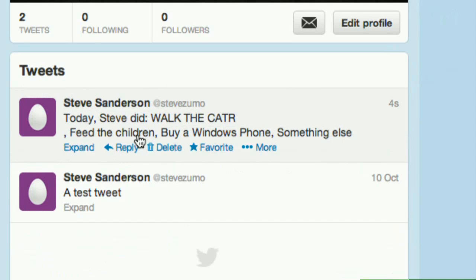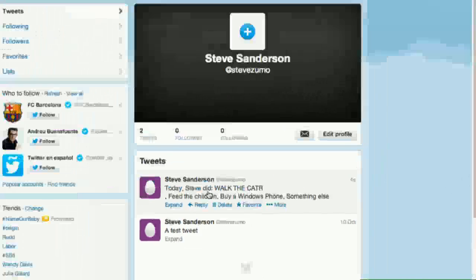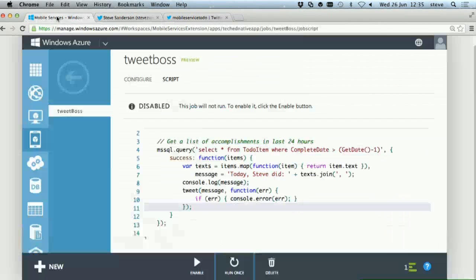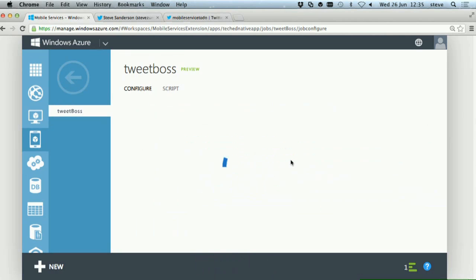So I can very easily now just put @myboss, and then the message will really go to him. And I can do that every 15 minutes and get a promotion, I'm sure. Now, we don't just want to run this by clicking this button manually. We want to make it run automatically every single day.